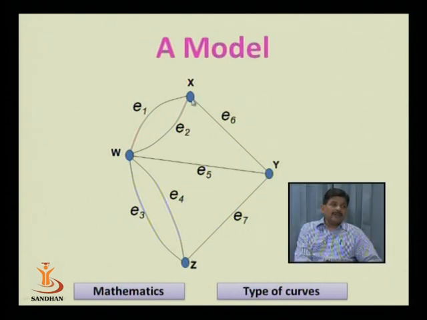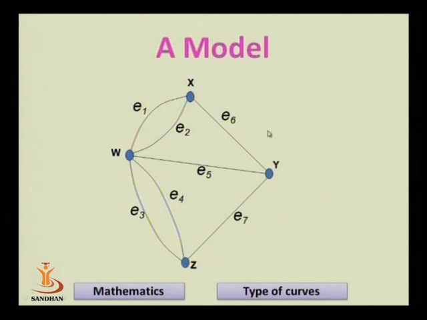Why? What is the degree of vertex X? The degree of vertex X is 3. The degree of vertex W is 5, an odd number. The degree of vertices Z and Y is 3, also an odd number. The degree of each vertex is not even, so this graph is not a Euler graph or a sometime traversable curve. Now, what is a sometime traversable curve?